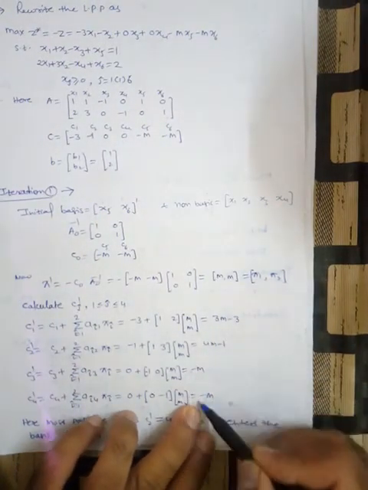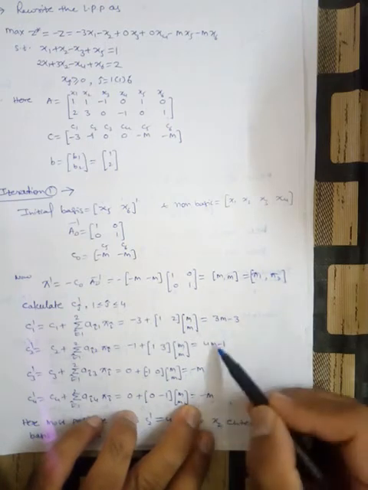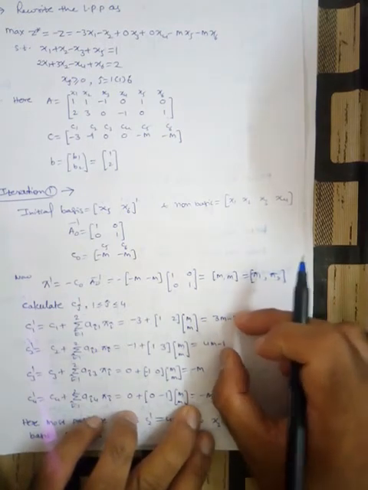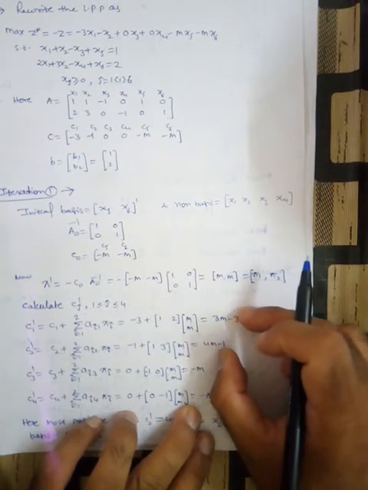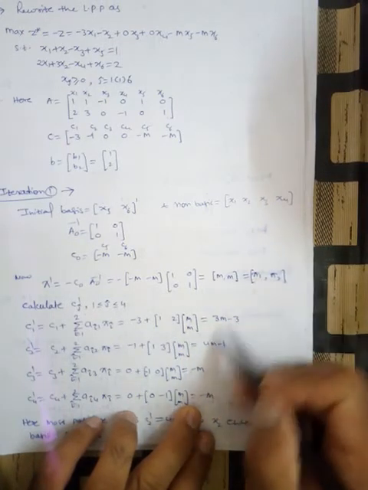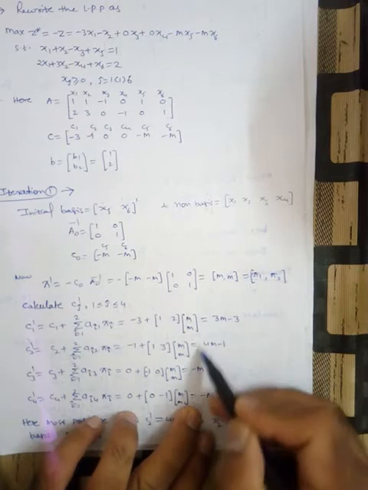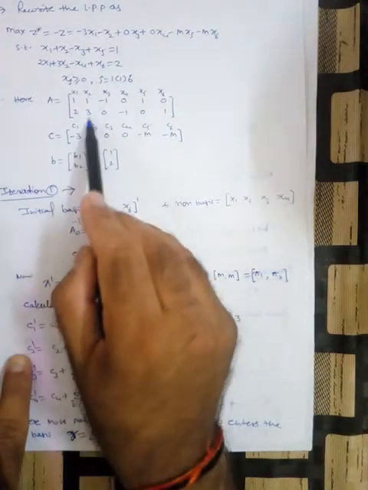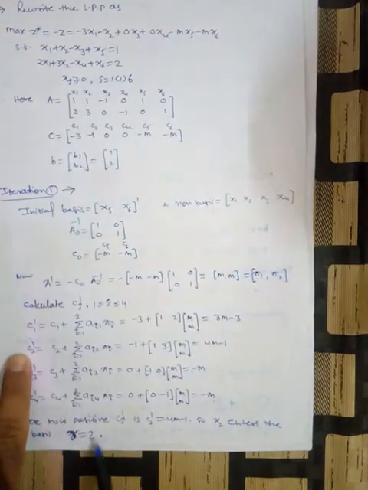Now among all these four, 2 are negative and 2 are positive. That's why, due to these positive terms, we do not have the optimum solution. Now among these two, this quantity is the most positive, so x2 enters the basis. x2 is at the second position, so r is 2. Fine. Now find the leaving variable.